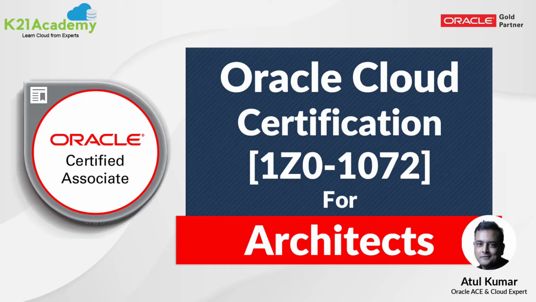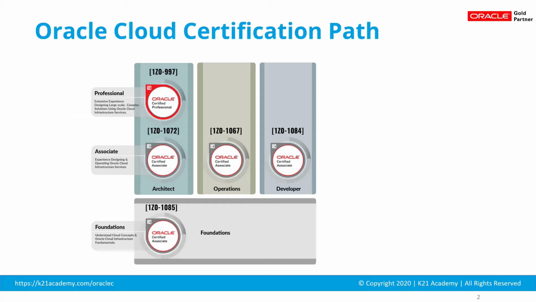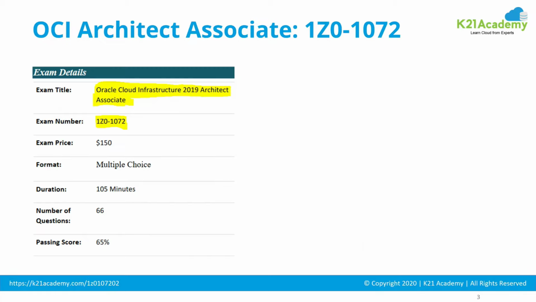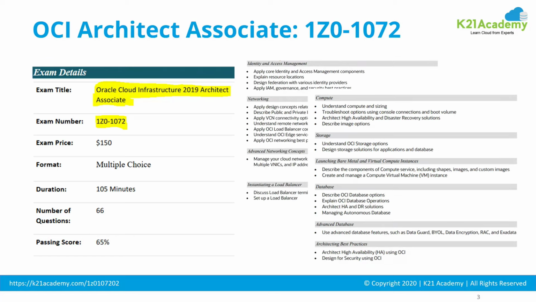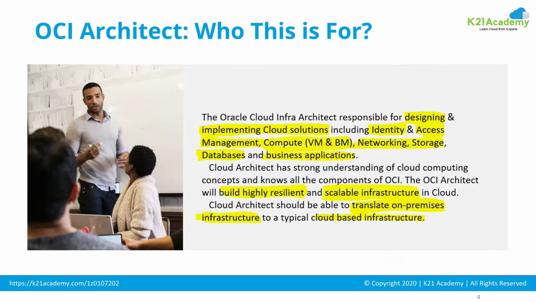Oracle Cloud Infrastructure Architect Certification 1Z0-1072 is for anyone who is designing or implementing solutions on Oracle Cloud, or anyone who wishes to start their journey onto Oracle Cloud. What are the different certification paths in Oracle Cloud? What does this certification, OCI Architect Associate 1072, include, or what are the topics you should learn, who this certification is